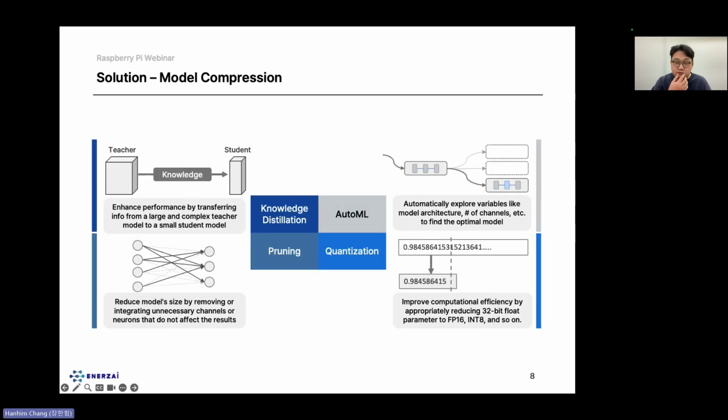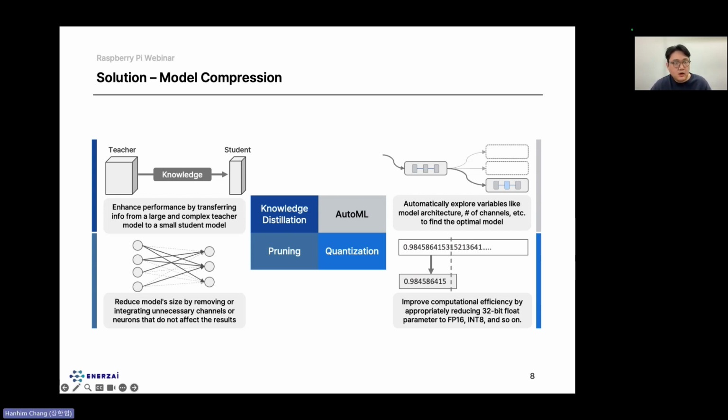So the first solution for this, we consider applying model compression techniques such as quantization and knowledge distillation or even pruning. And in fact, as a startup specializing in inference optimization, we have very often applied these techniques for not only Raspberry Pi projects, but many other platforms, especially CPU platforms. And the common situation we face here is that for some cases, these approaches might negatively impact the model's accuracy.